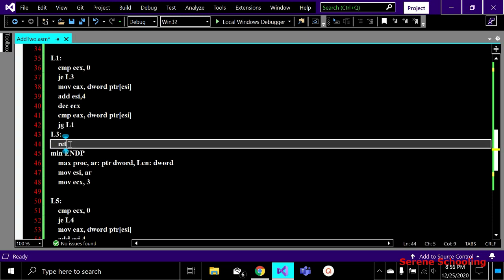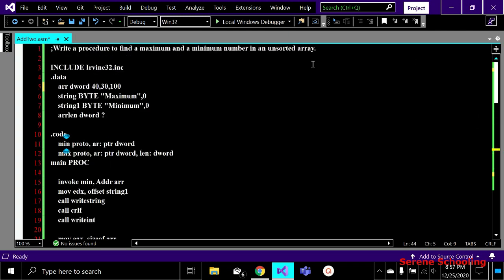And return what? It will return us 100. Because the latest EAX value contains 100, it will return 100, which is the minimum value. Why? Because it is the minimum value. You want the minimum value, right? And you must know why I wrote that condition as jump greater, because my first value is definitely going to be greater, and if it is satisfied, which it should be, then I have to compare my second value with this value. If this value gets greater than this one, then I have to traverse the array again. But here you can see my second value gets less than this one, so this is the only minimum value which we will display on the screen.